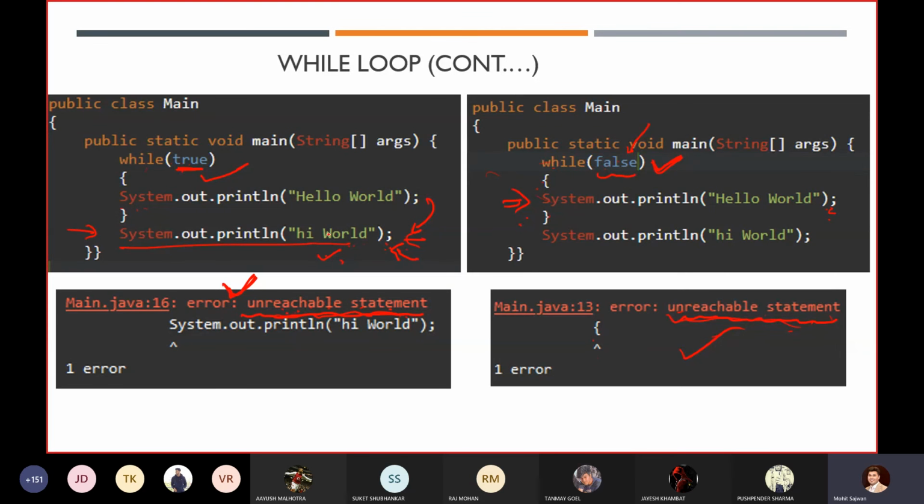Then why are you writing this statement? Because you already know that every time it will return me a true value. Okay, like this. So again, I will get an unreachable statement. So always keep in your mind that whenever you are in an exam,